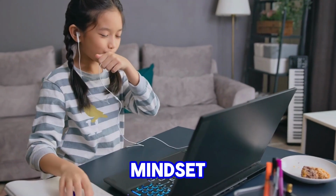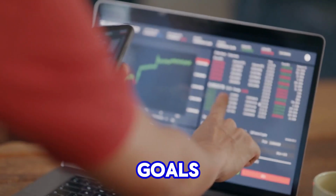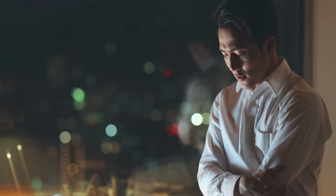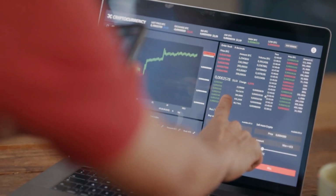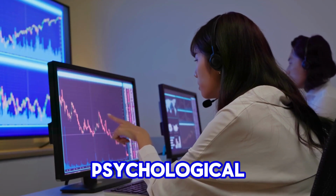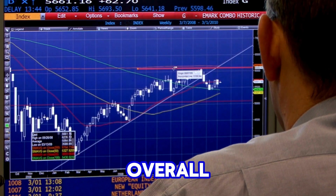Developing a strong mindset and keeping emotions in check can help you stay focused on your long-term goals. Taking regular breaks and practicing stress management techniques can also improve your trading performance. By mastering the psychological aspects of trading, you can make more rational decisions and enhance your overall success in the